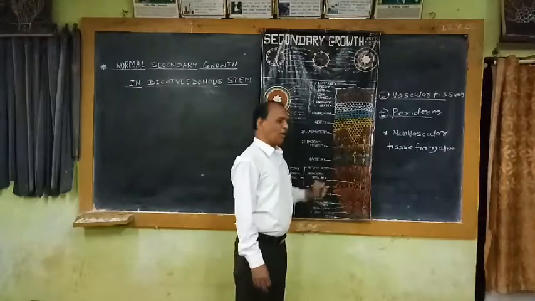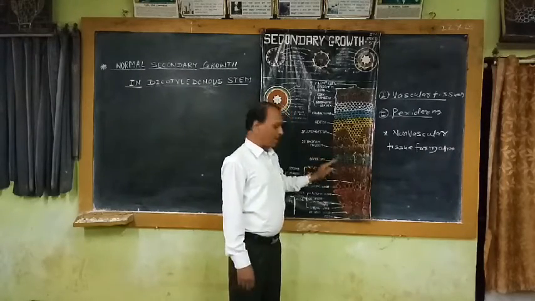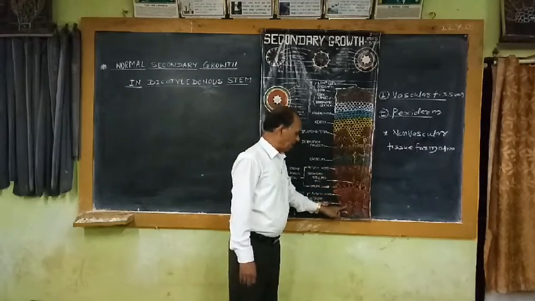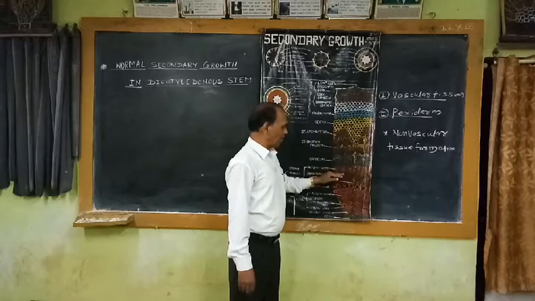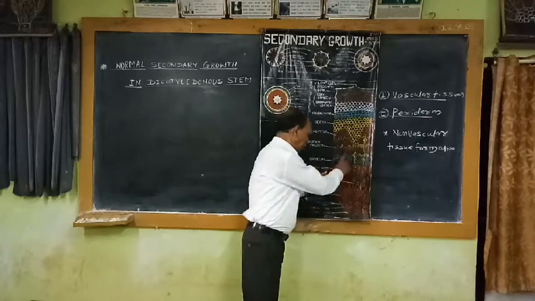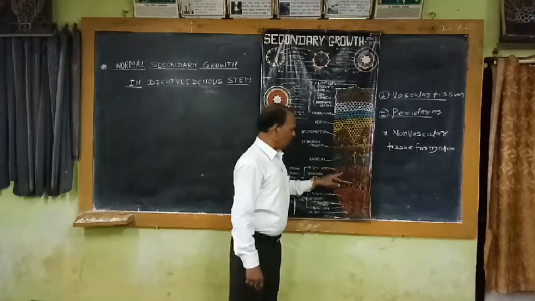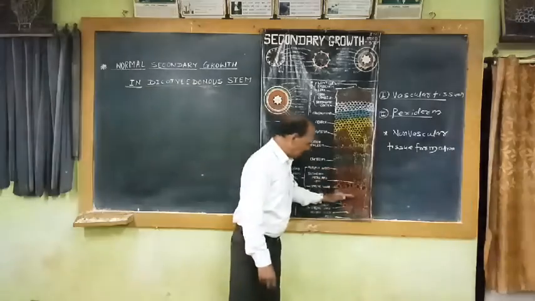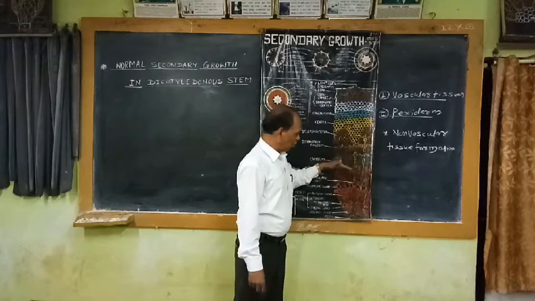What is the meaning of this endoderm? So this is the cambium. This cambium adds the secondary xylem. This is the secondary xylem added by the cambium initially. The next band of xylem produced by this cambium is just lying below this cambium. That means this is the first band of xylem. This is the second band of xylem. Third band will be here. Fourth band will be here.